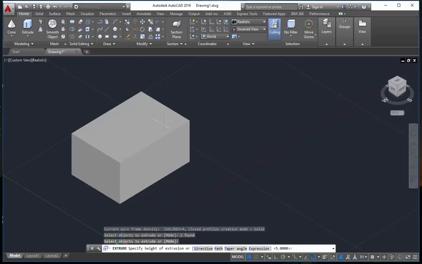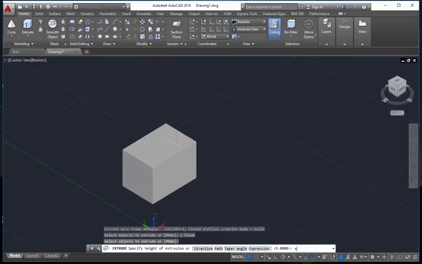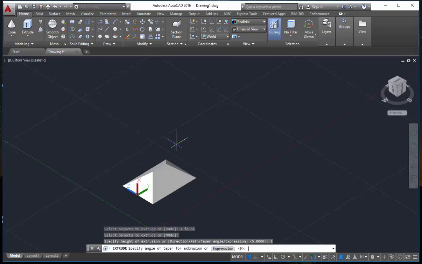Don't click on the taper angle option here, because the extrude is going downside and the slope will be formed downside. So I'll take the cursor up and click T, enter, that is taper angle, and here I'm going to give the taper angle. For example I will give it as 30, enter.